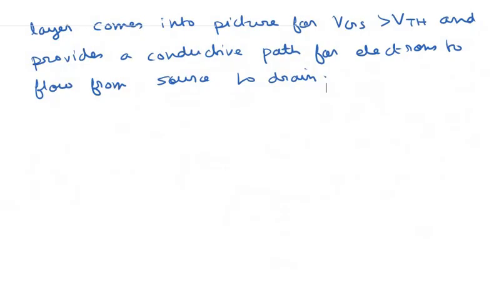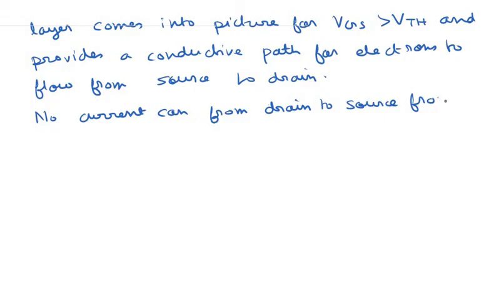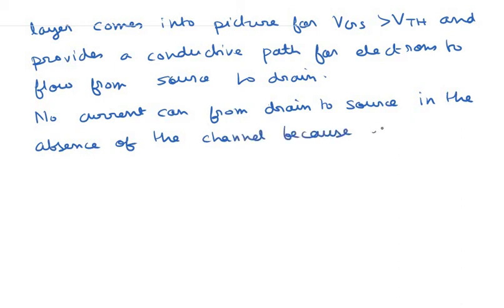Okay, so let me write it here. No current can flow from drain to source in the absence of the channel, because electrons can't flow